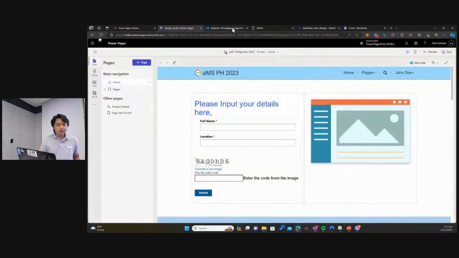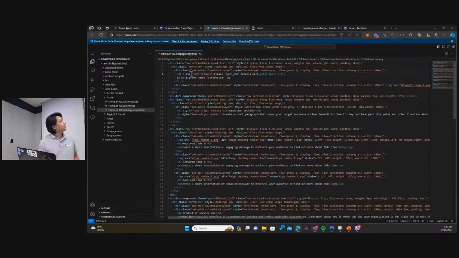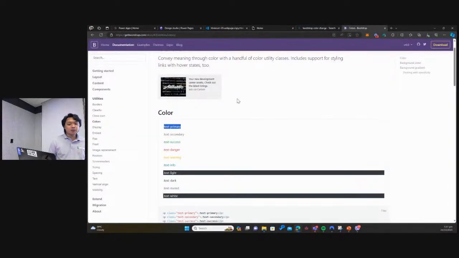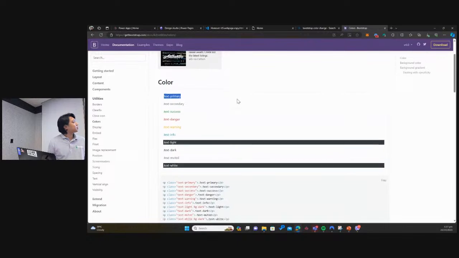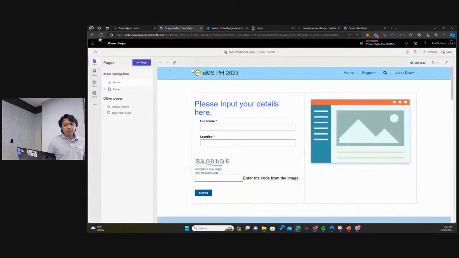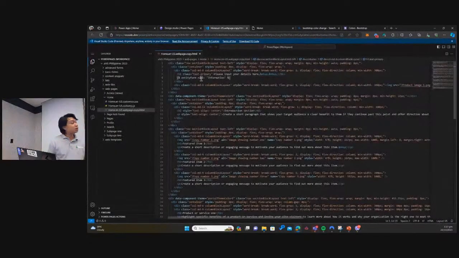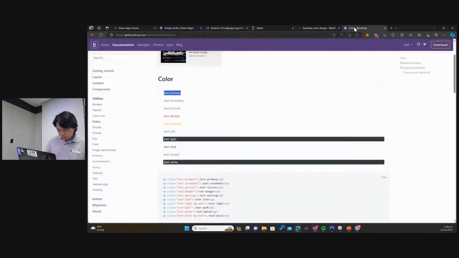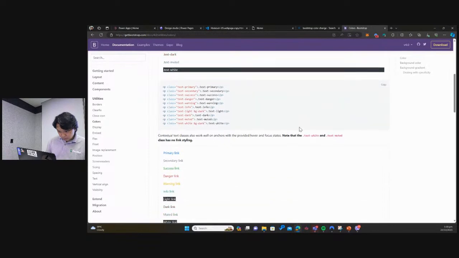Okay. So here, the code in the class name I use is text primary, which is colored blue. This type of class is used in our Bootstrap to change its color. So here in the Power Pages of Visual Studio Code, using a Bootstrap code in your CSS, which is actually working here. So, let's try other things like